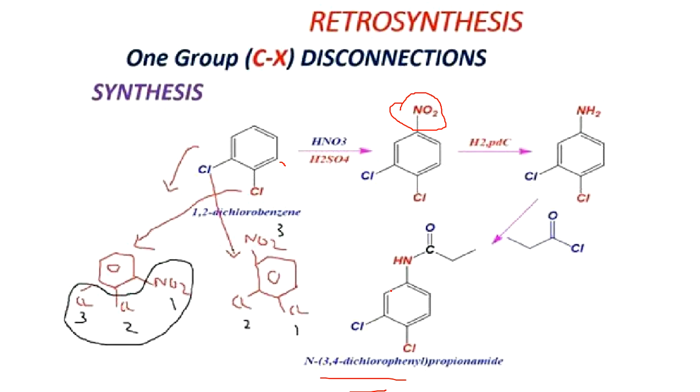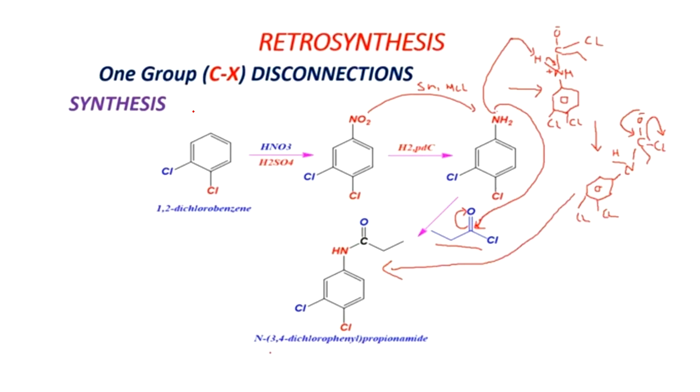Always remember, different methods will be available to do synthesis as well as retrosynthesis. We have to do synthesis as well as retrosynthesis in such a way that we are getting an easier product. So here is how the actual synthesis could occur: this NO2 group could be converted into an NH2 group. Here it shows how the reaction could proceed and how the mechanism could be obtained while we are doing our synthesis step. So this is the easier way to do a synthesis in the given compound.